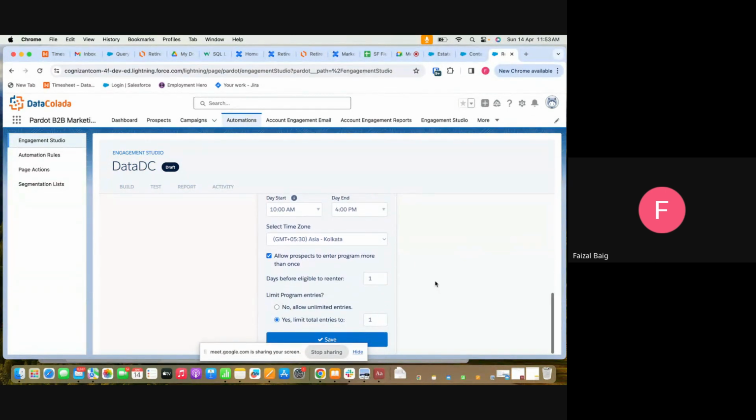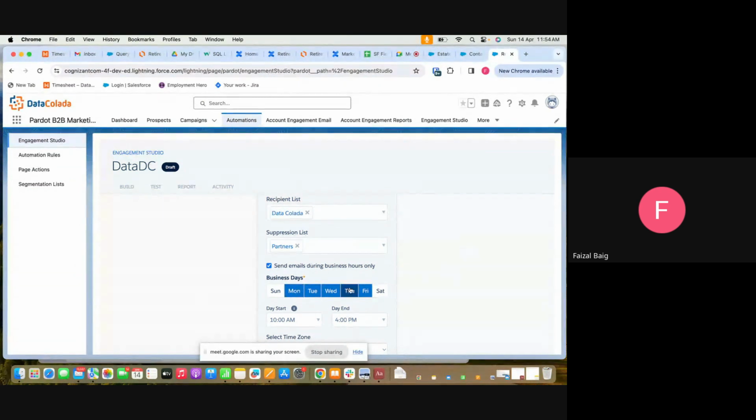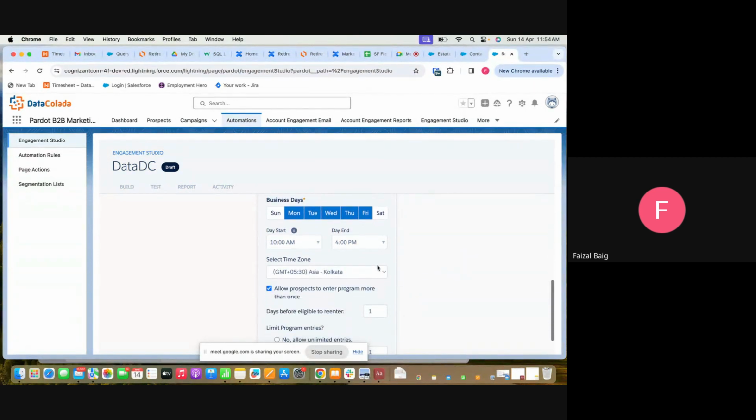Okay, I will come to that. So my question was that on Friday, the timing is 5 p.m., and the day ends at 4 p.m. If we resumed, if we activate the journey, the engagement studio, will it work or not? I think no, because your day end will be 4 p.m. That's correct. On Saturday and Sunday, it won't trigger any emails, but it will resume and trigger that same email